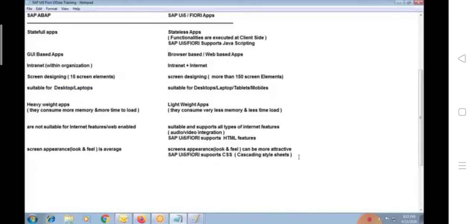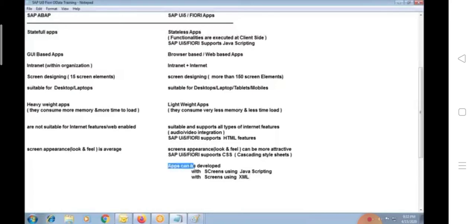And not only that, here in UI5 Fiori, applications can be developed with screens using JavaScripting, and applications can be developed with screens using XML.